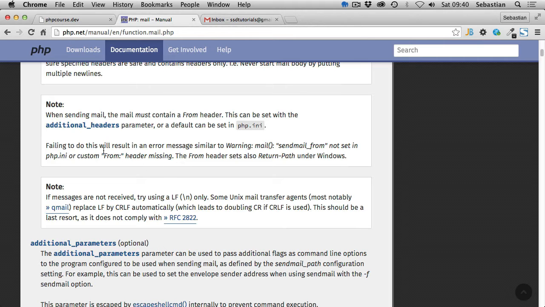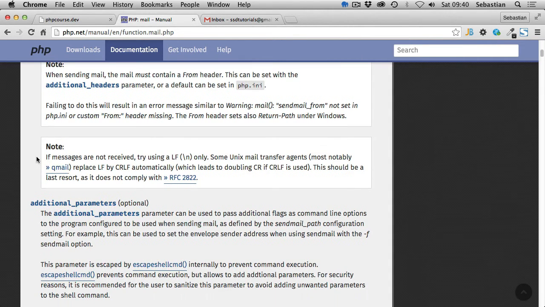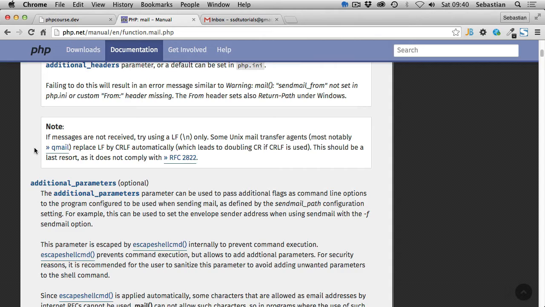So basically this is what we're going to get if we forget to add this From header. Then we have another note: if messages are not received, try using LF, which is basically this, only a new line character. Some Unix mail transfer agents, most notably Gmail, replace LF, which is basically this \n character, obviously invisible to us in the editor, by CRLF, which is basically this \r followed by \n,